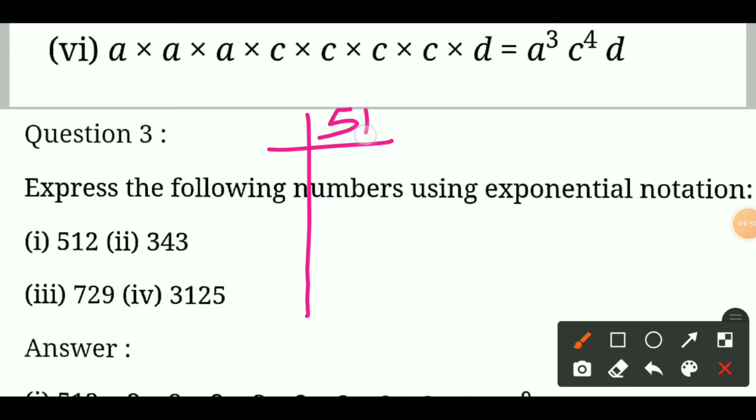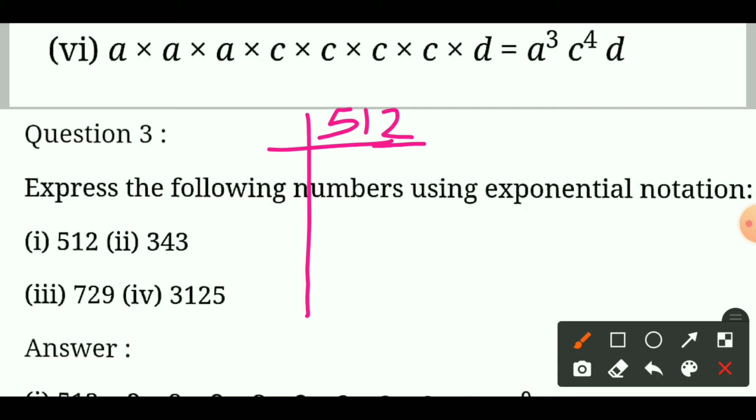So first thing you should know about the prime factor is that we always use prime numbers. What are prime numbers? Those which come in the table of 1 and itself. Such prime numbers we have 2, 3, 5, 7, 11, 13, 17, 19, 23,